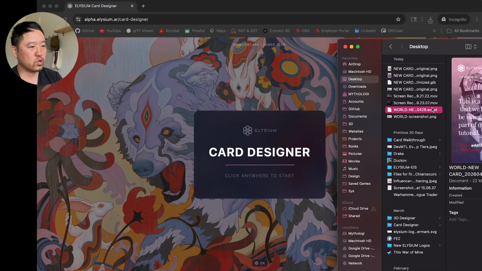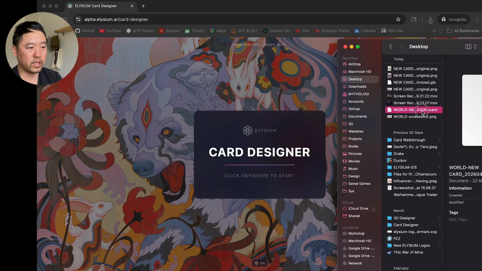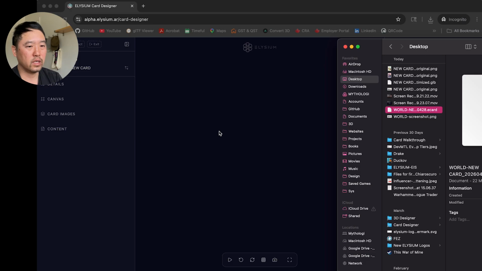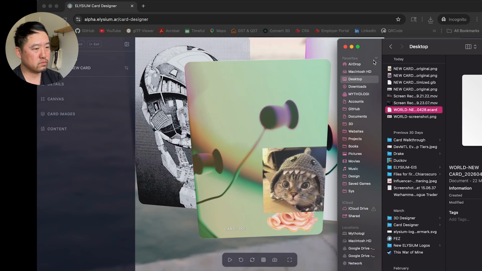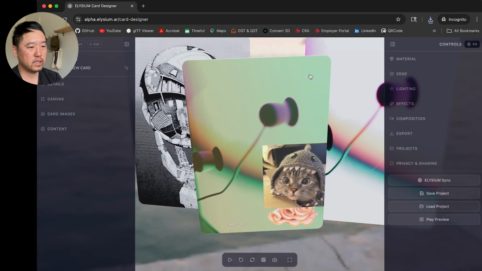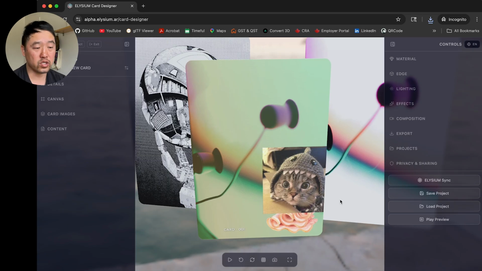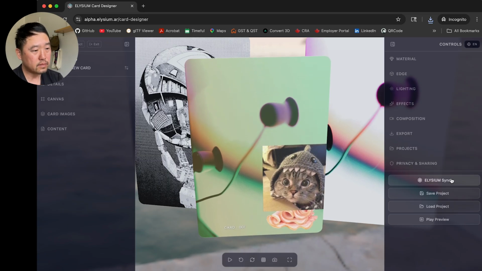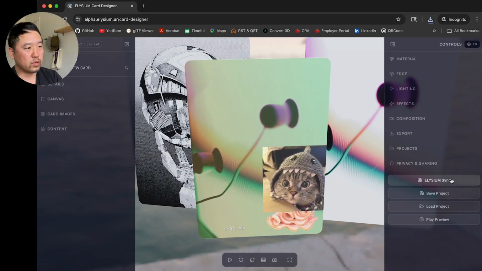And if we drag and drop, now the card is already created. We can just drag and drop this card onto the card designer, and it will load it with everything that we've set up until now. So think of the eCard as a project file for your card. Okay, so we've gotten up to that point. So now we have this object, we've got the GLB, we've got the images, we've got the card itself.